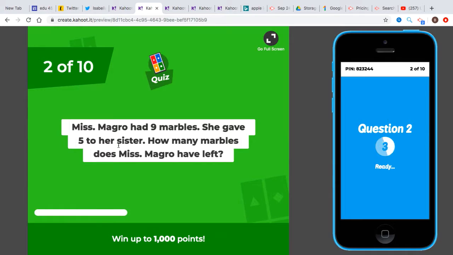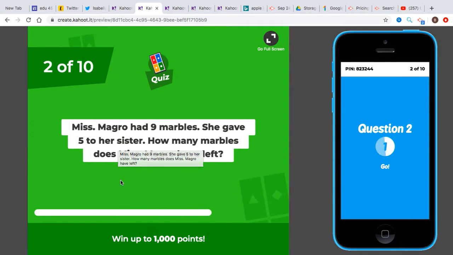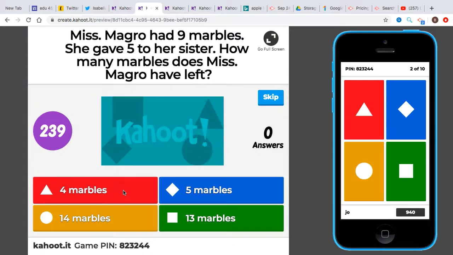So Miss Magro has 19 marbles. She gave 5 to her sister. How many marbles does Miss Magro have left? So this is a different problem. This is a subtraction problem because we're working on adding and subtracting using word problems. This is for 2nd grade, and as you can see, I gave them a lot of time to do this, and that is because it's 2nd grade and things are a little bit slower,